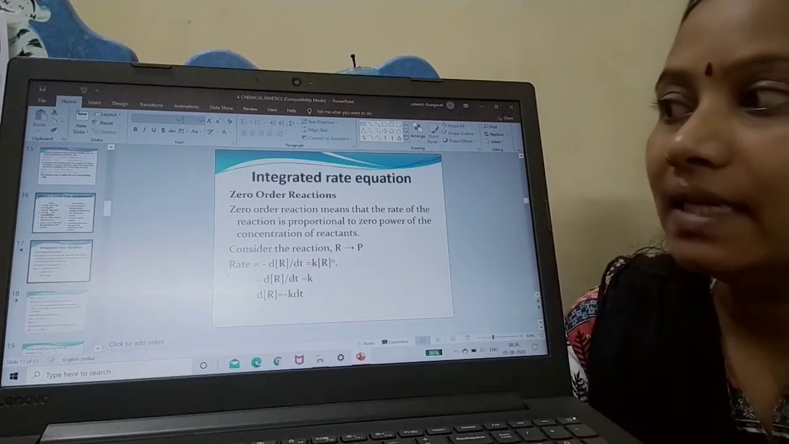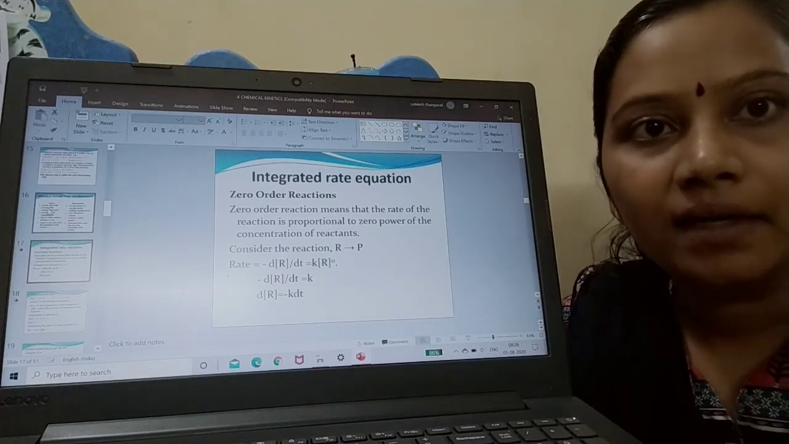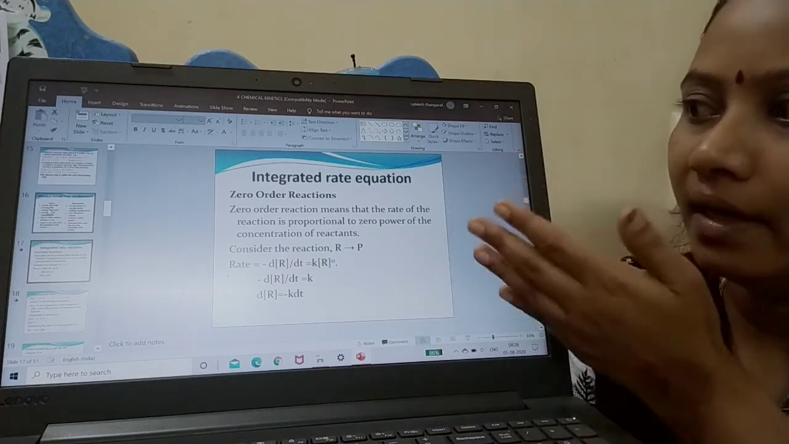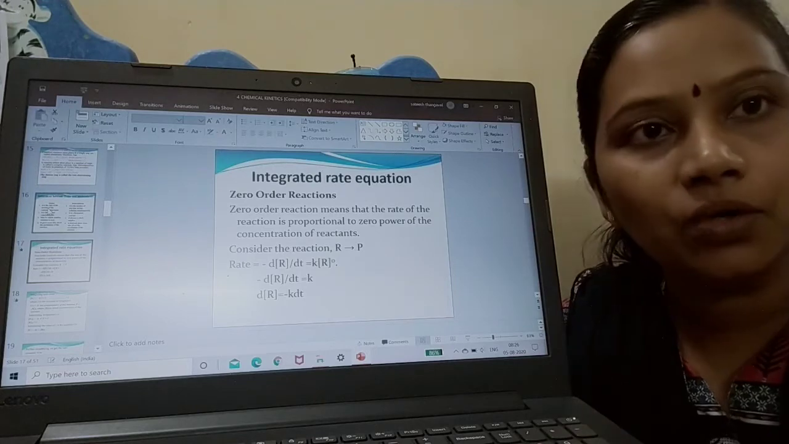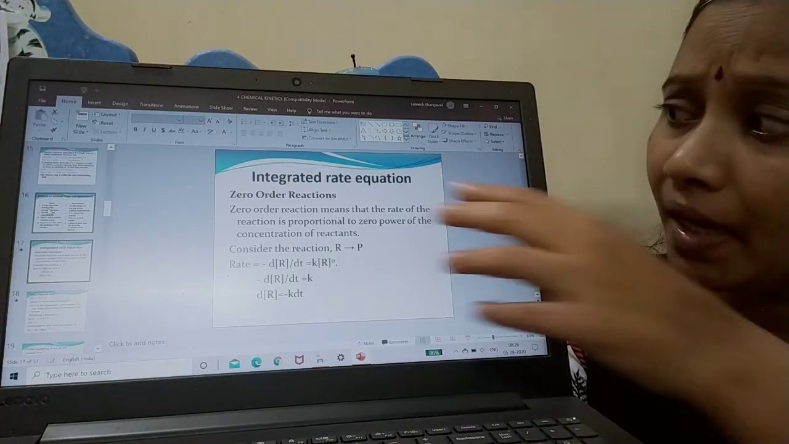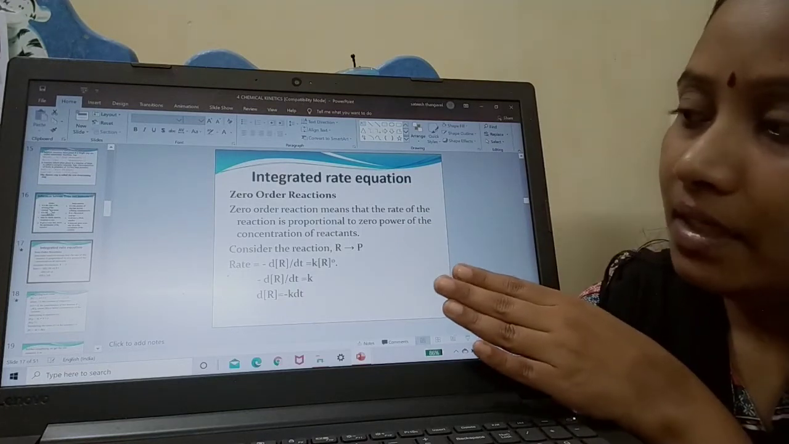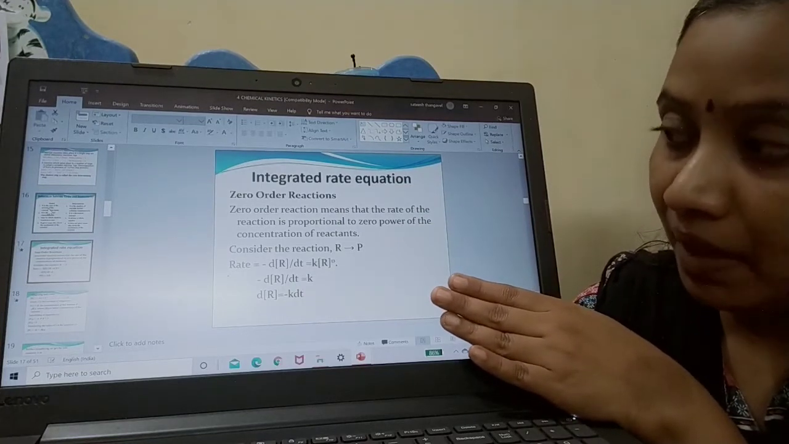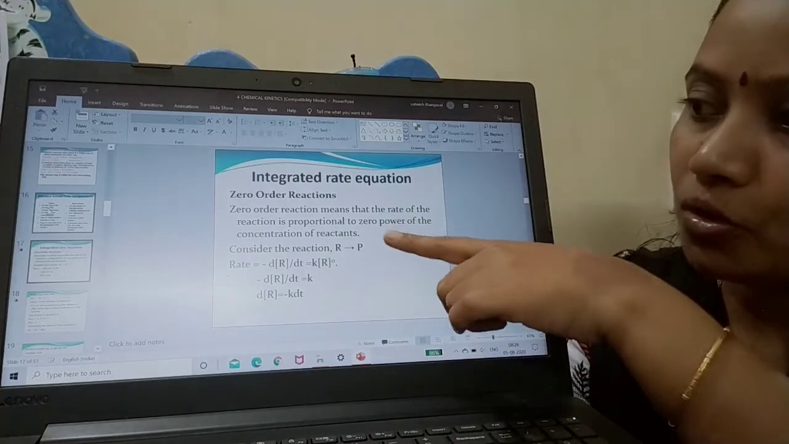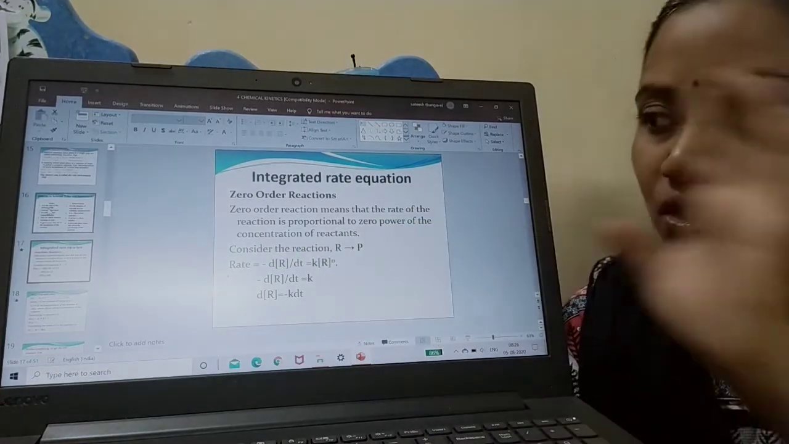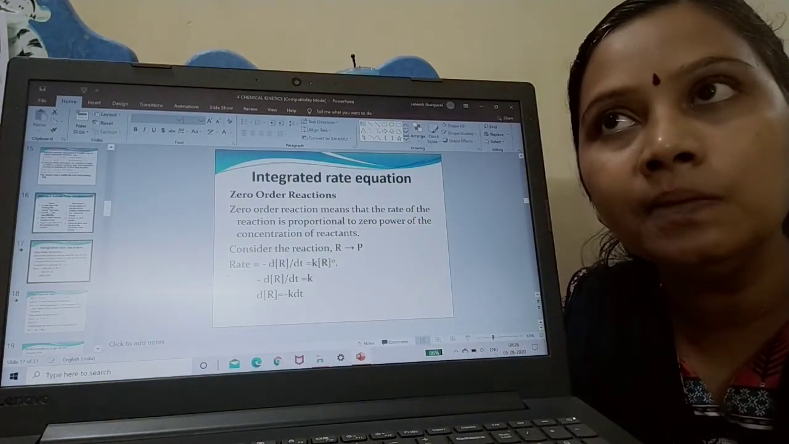And what is the integrated rate equation? We have already seen zero order, first order and second order. A zero order reaction is one where the rate of reaction is proportional to the zero power of the concentration of the reactant. Say for example,